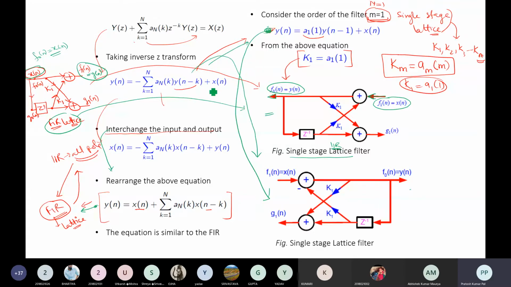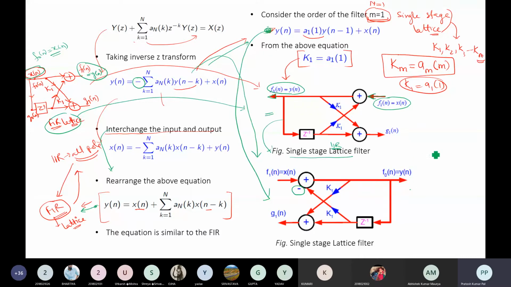Once we implement this one and the generalized one, once we have reversed, a negative sign will be there because of this negative. There will be a negative sign that we need to take into consideration, because we are just making it opposite. Once we make it opposite, the adders will come out this way, and this delay element here. So at this point, once we have reversed it, we have rearranged it. Here it was input, and after rearranging it will be output here.